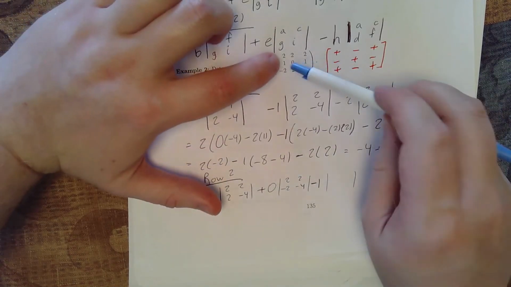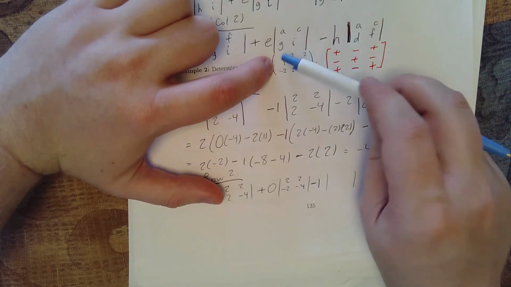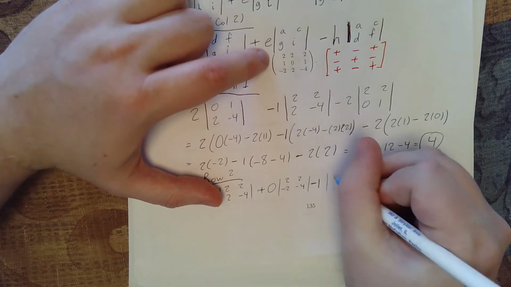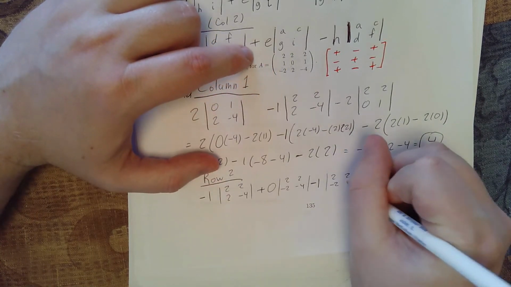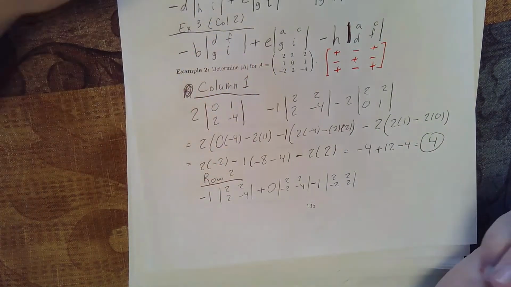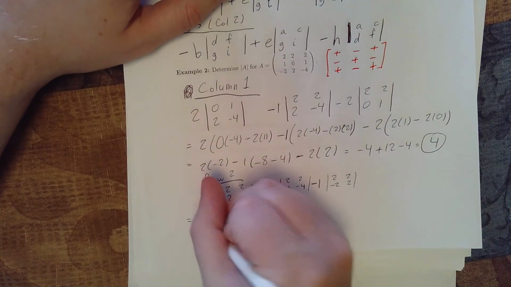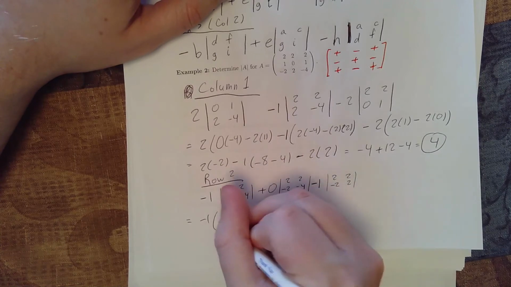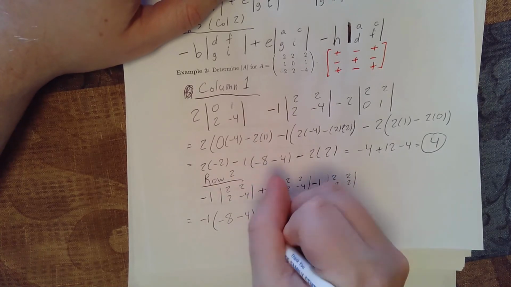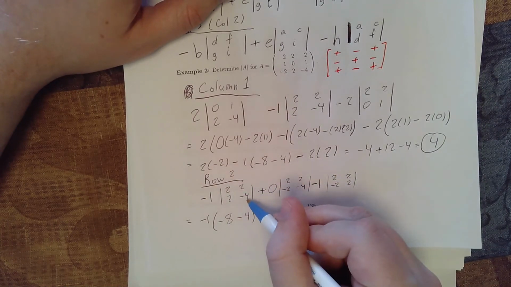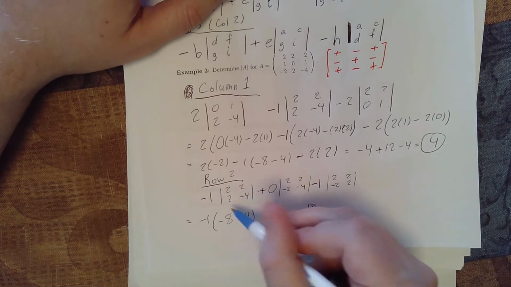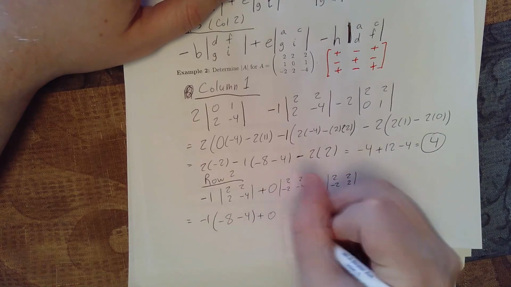And if we take away the second row and the third column, we should get 2, 2, negative 2, 2. All right, so let's go ahead and calculate these little determinants. So we get negative 1 times negative 8 minus 4. So it'll be 2 times negative 4 is negative 8, minus 2 times 2, which is 4, plus 0 times,